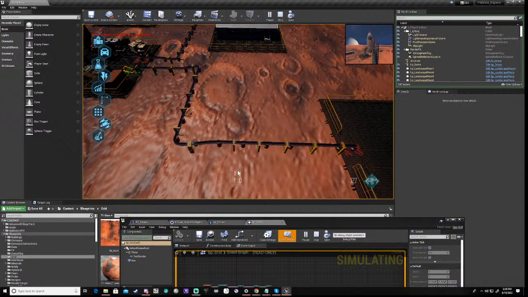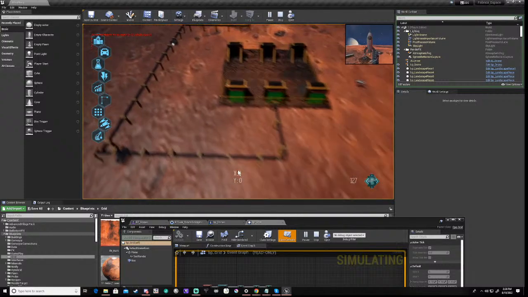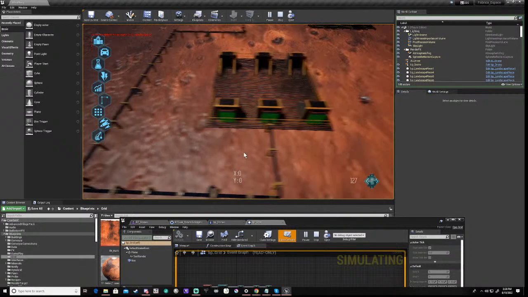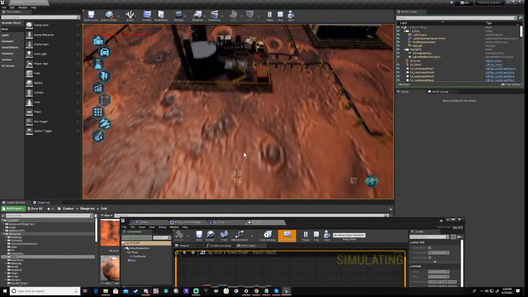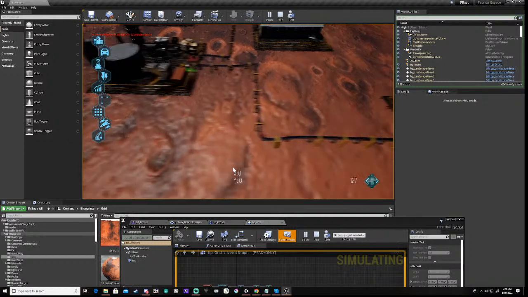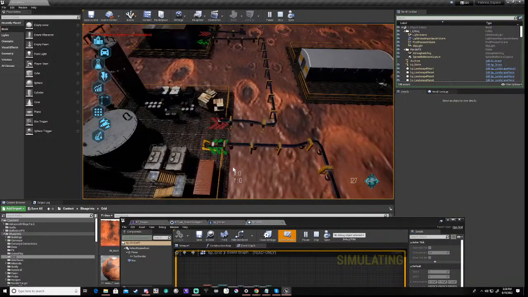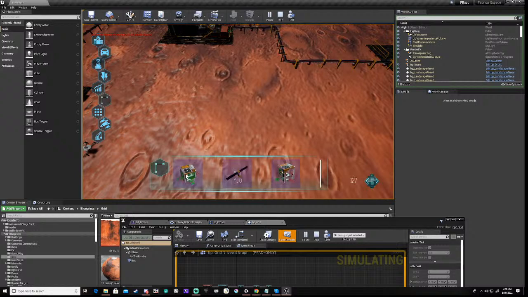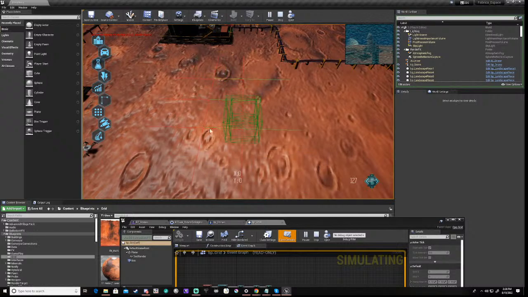Right. We also now have steel in here. But this save game isn't going to really show you much. But this is all working. The conveyor belts work. We've also got splitters and combiners, so you can put down